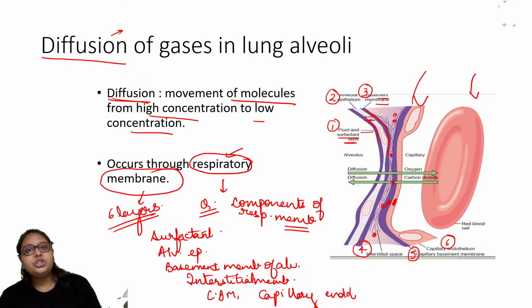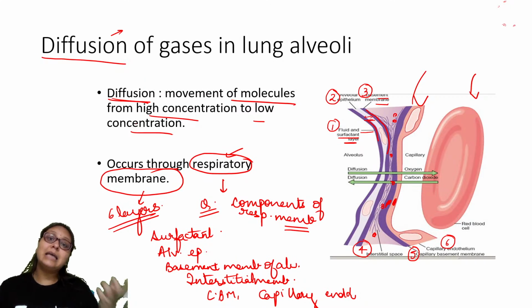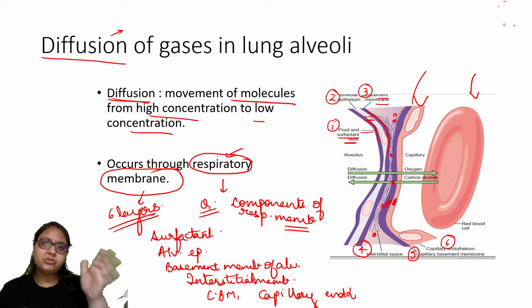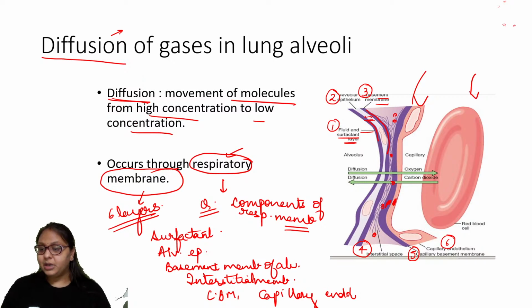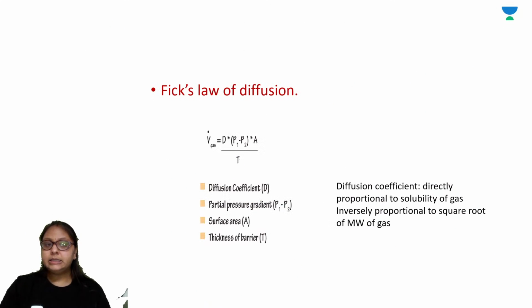Because the concentration of the oxygen is higher in the alveoli in the inspiratory gases, so it will diffuse from the alveoli till the capillaries. Is it clear? Any doubts at this point? Okay. Now, ये जो diffusion of gas है, ठीक है, another important point, diffusion of gas from the